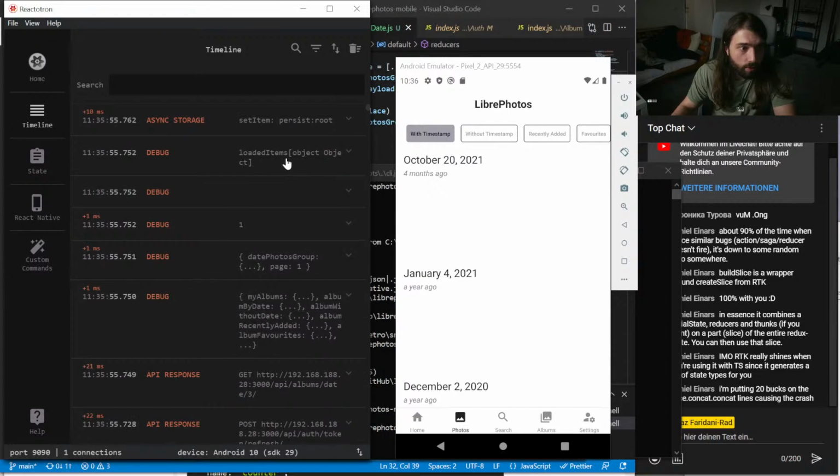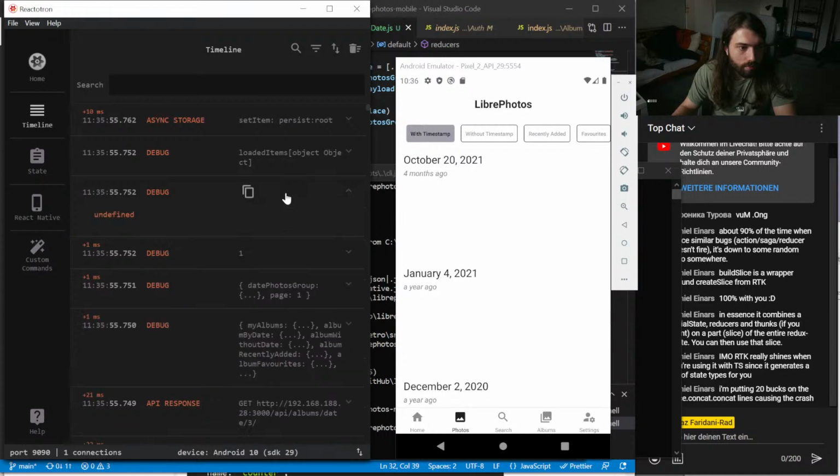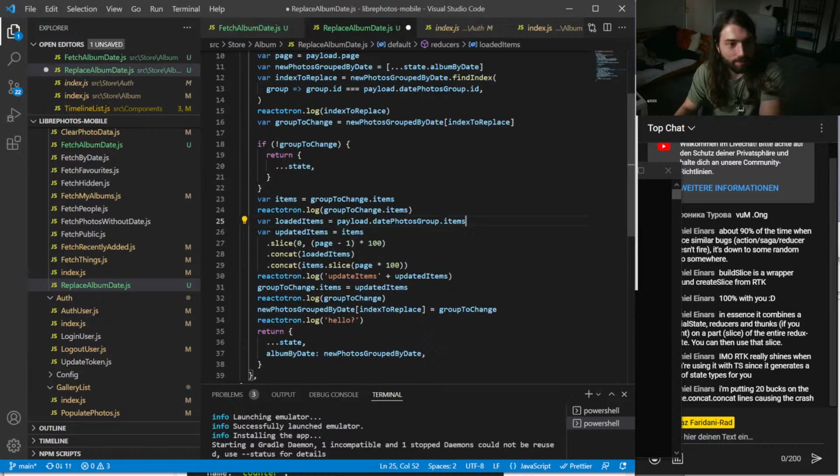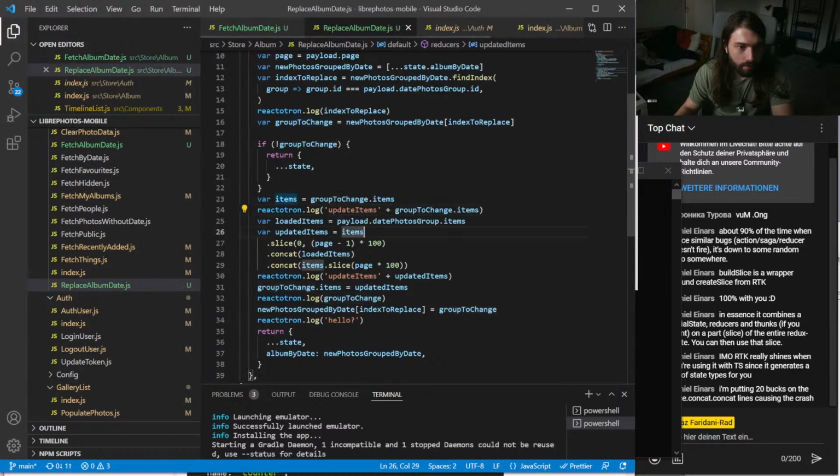Loaded items object. I still don't know where that happened. So loaded items definitely has like an object. So that's good. I think we can remove that. And group items to change is maybe the issue. I don't know. Save.